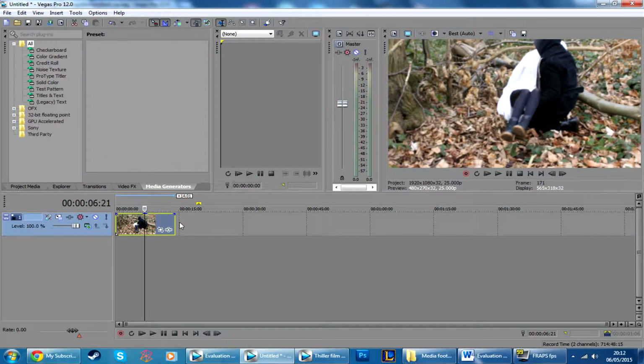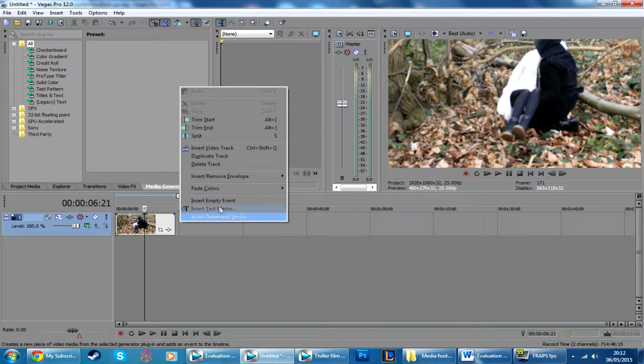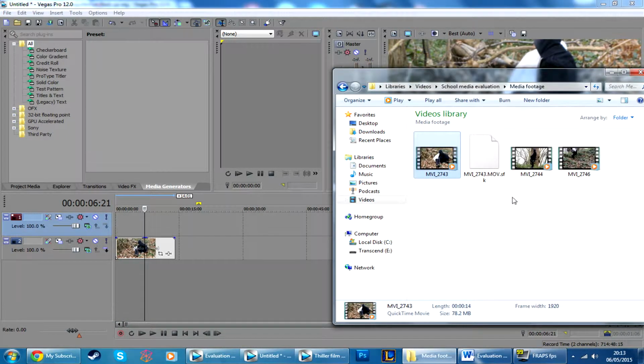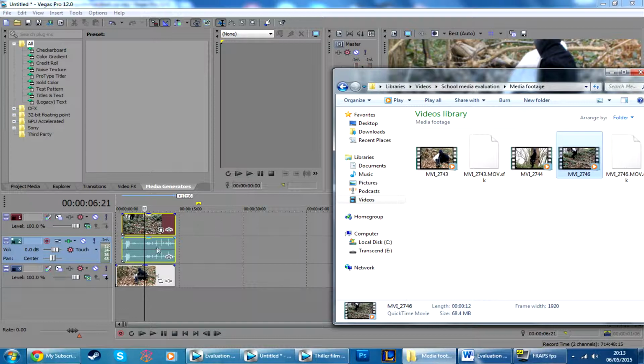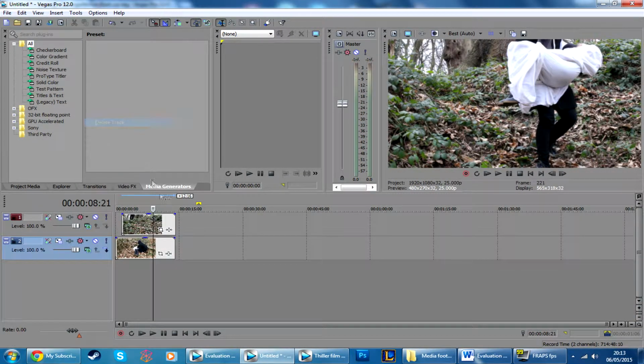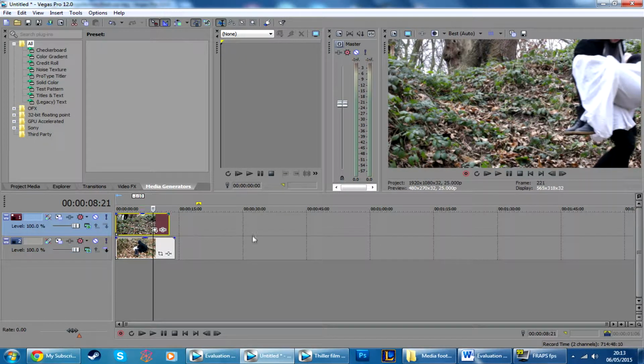I can right click on that video track and insert a video track above that, or I can use Ctrl-Shift-Q as the shortkey, etc. But I'm just going to use that way of doing it for now. I go back to my media footage folder and put another one in the video track above. It will add the audio again, so I'm going to delete the audio track, removing the audio. And what this basically does is